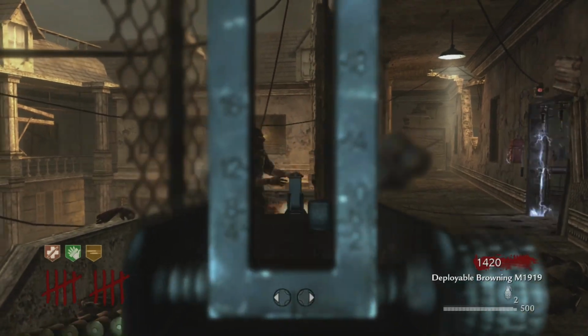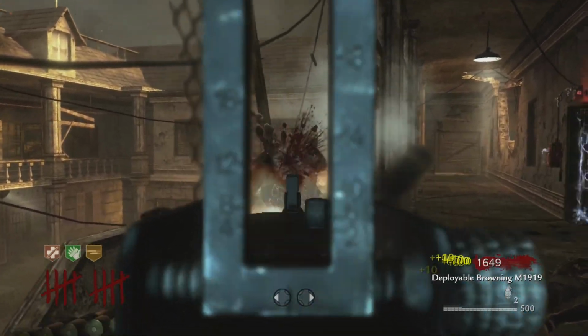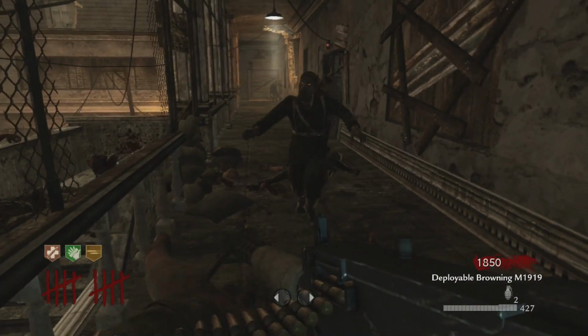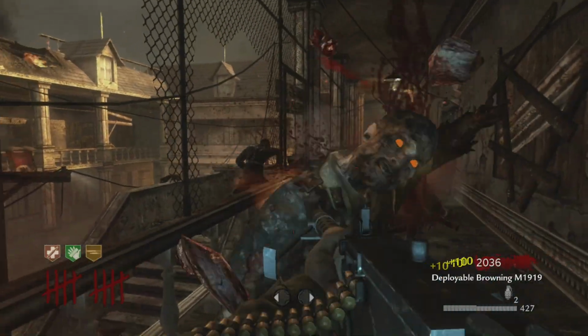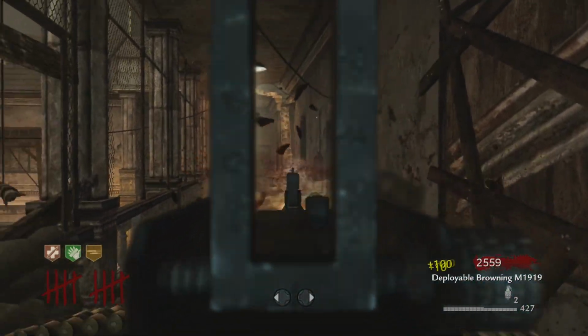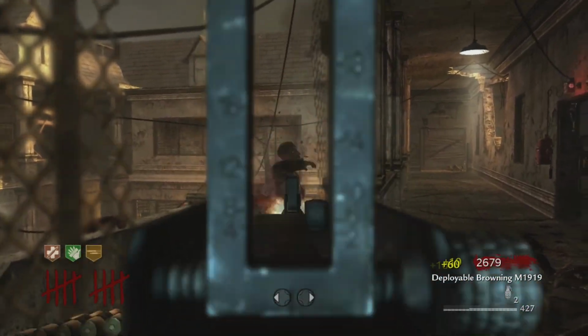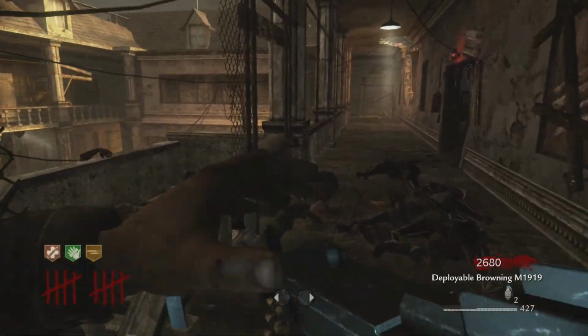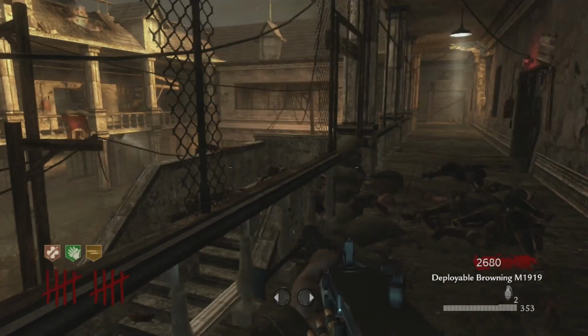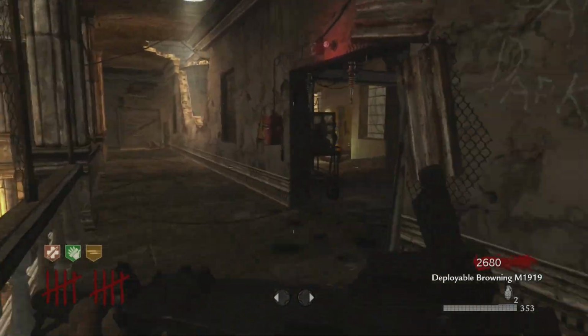Coming in at the number 2 spot is going to be Verruckt from World at War. Now, this is definitely not one of my favorite maps, but you can't deny that it wasn't innovative. Not only did it have traps, but it also introduced the 4 original perks. Now, traps have been a huge mainstay when it comes to Call of Duty Zombies. We've had traps on basically every map that you can think of, and they are very iconic for the map